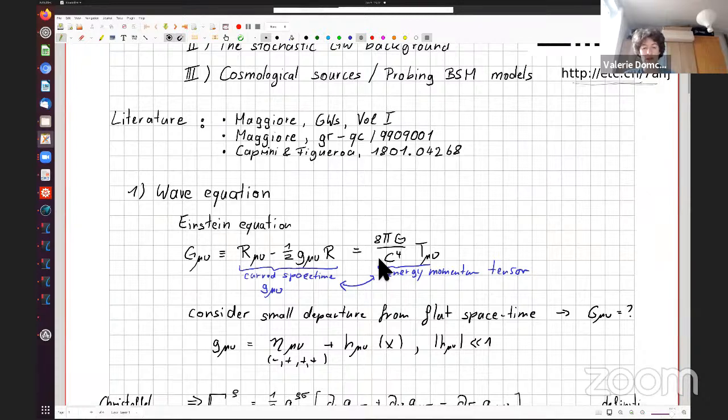We'll talk about sources. The most obvious source is essentially the one behind the detections that LIGO has already made, many of them, right? From two black holes colliding with each other, which disturbs the metric so much that we get a radiating signal. These are the gravitational waves that LIGO has measured. There you would say, okay, there was one event in space-time, the merging of two black holes that generated these gravitational waves. That's in fact a very complicated process to model to high accuracy. But then once they are propagating in vacuum, they are very easy to describe.